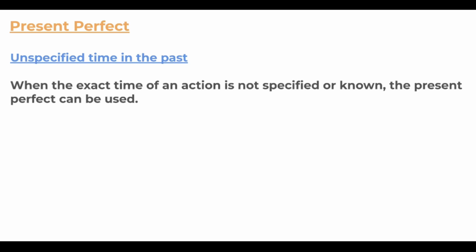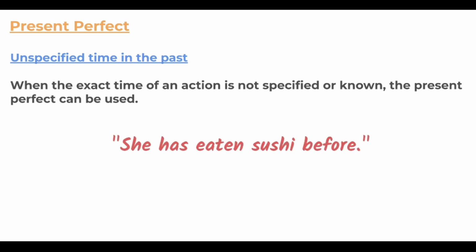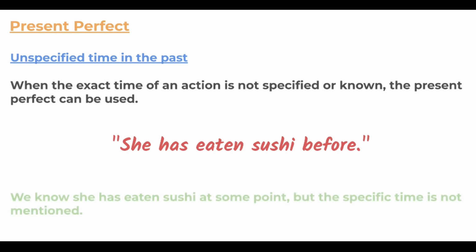Another could be when thinking about unspecified time in the past. So when we're not sure of the timing or maybe it's not known, then the present perfect can be used. She has eaten sushi before. Okay, so we're not sure when, but that's okay here. We can use the present perfect to bring it into the now, and maybe this is relevant for the present